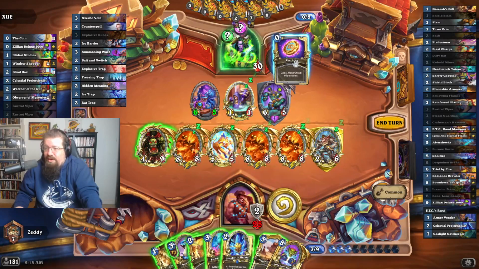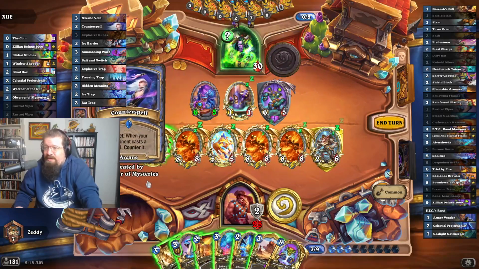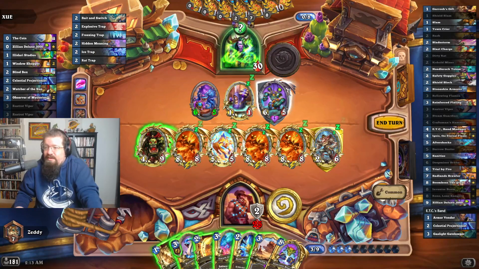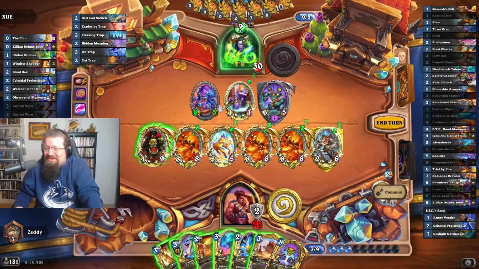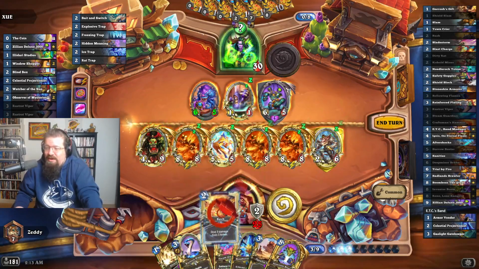I'm gonna burn my coin, because it might be Counterspell or Ice Trap. There's too many options! Too many options. Alright, so I think what we do...